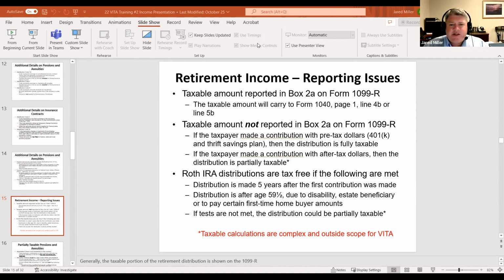Question coming in about the PSOs. Premium for health or long-term insurance reported on the 1099, basically a question for the taxpayer. So sometimes when you take a look at those distribution reports coming in, it may say that here's the amount that we have paid on your behalf for medical premium. So if they're using a plan directly from the provider, it may give an indication of how much was paid, but it's not going to be shown on the 1099-R.